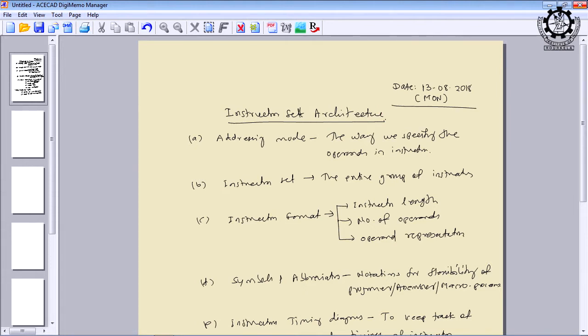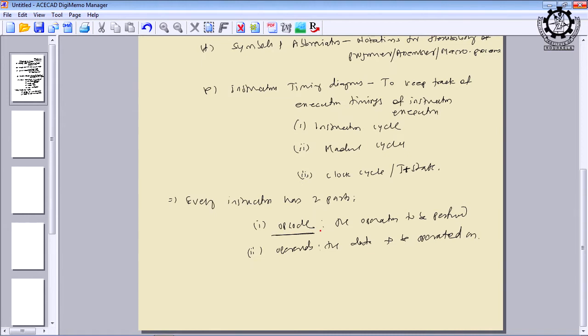One is called opcode, another is called operand. Opcode means the operation to be performed: addition, subtraction, multiplication, division, AND operation, NOT operation, comparison operations, checking the condition of a flag. All these come under the types of operations, and that must be represented by a corresponding opcode, that we call the operation to be performed, right. But whenever we discuss the opcode, we should be serious about the syntax and semantics of that opcode. So, we should understand what is syntax and what is semantics associated with that opcode.